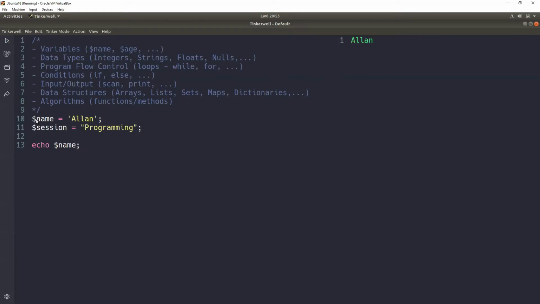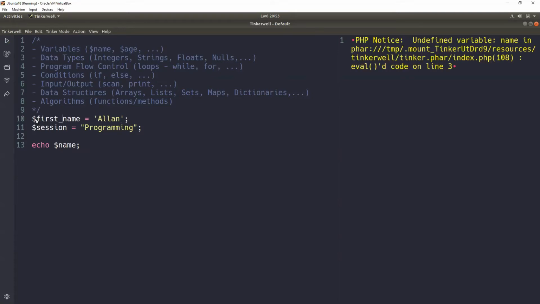I think I should just change this. Let me just say first name. Yeah. I can do first underscore name or just first name, whichever works for you. You go with that. Yeah. But for variables, I prefer, which one do I prefer? Camel case. All right, let's use camel case. Yeah, where you write a word, the first word is lowercase, then the second word begins with an uppercase. But that's just the naming convention that you like to make your things even.